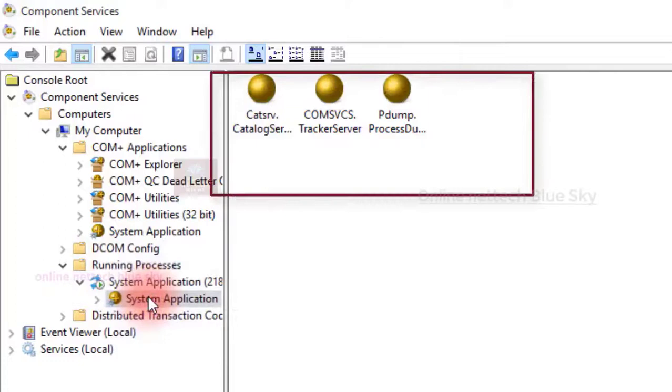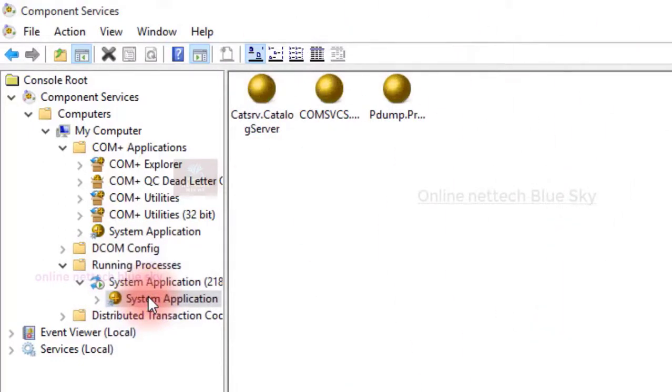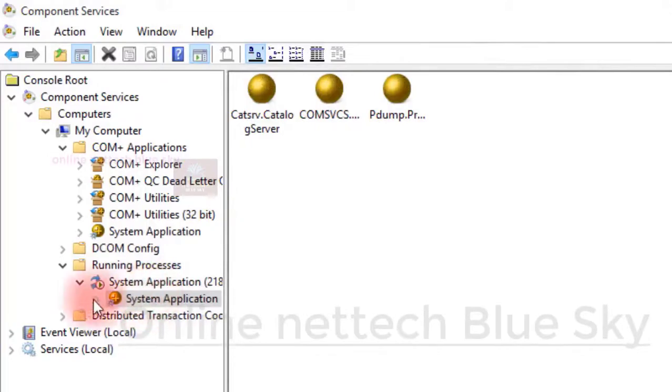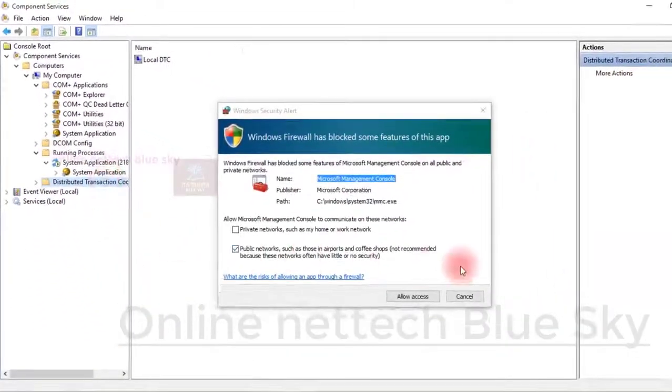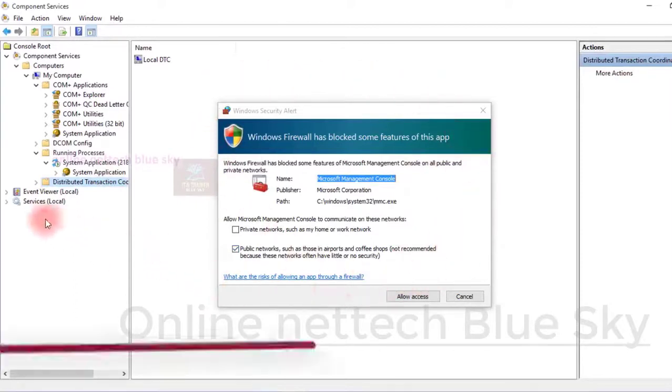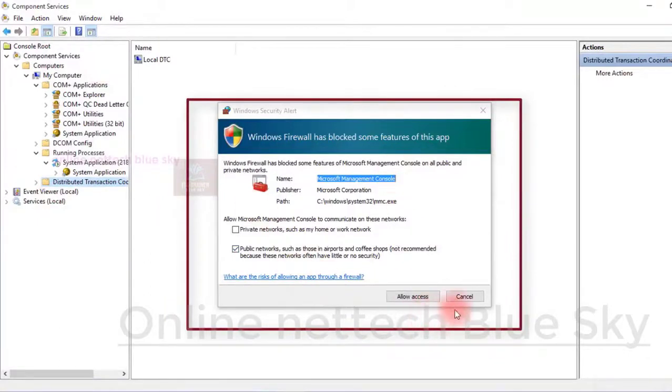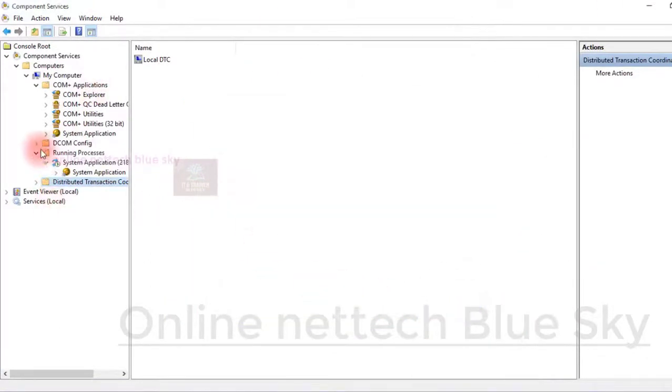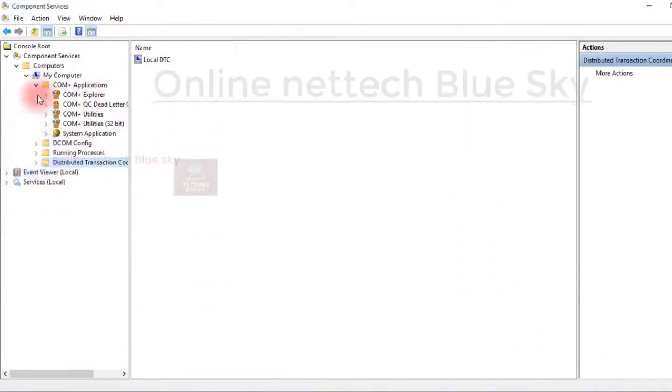But this time, without all of these services and running processes, you cannot start your computer. You can see a firewall. What is a firewall? A firewall is one type of security for your network and your data and everything. You can adjust it. I will discuss the firewall in the control panel.